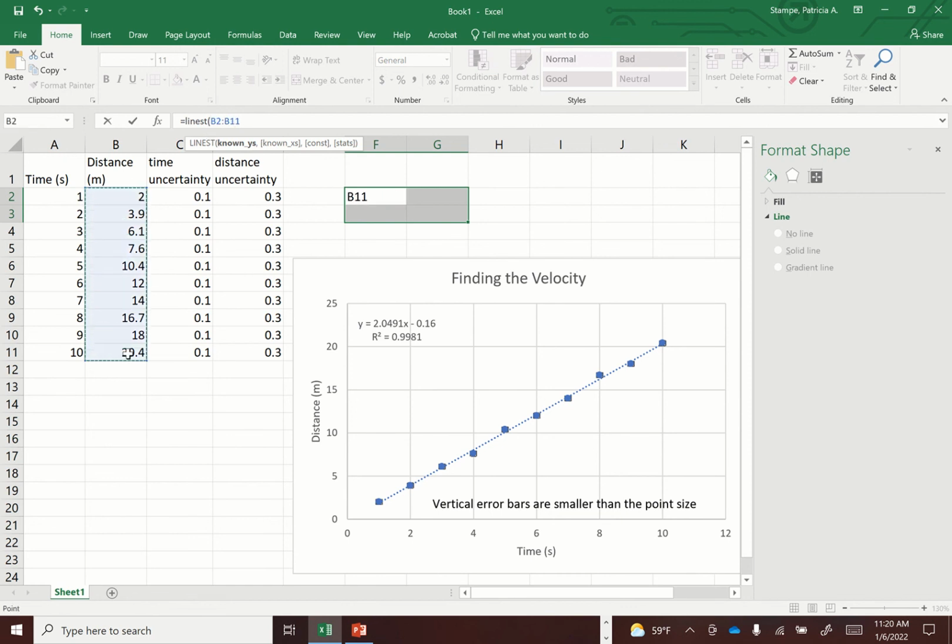All right, then I'm going to put, it says it wants a comma, so I'm going to put a comma. The next thing it wants is the known X values. So X is column A, click and drag those. All right, then I'm going to put a comma, and then it says it wants